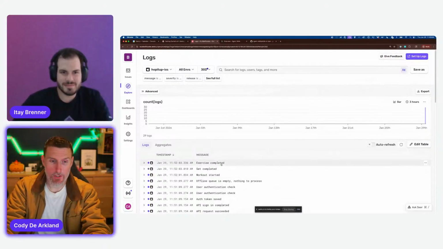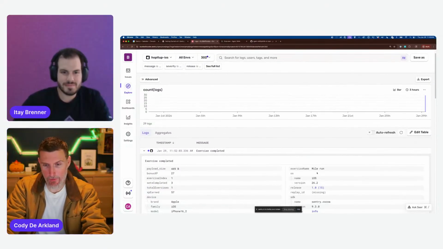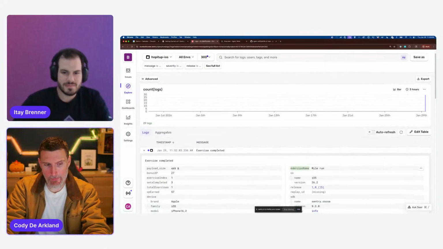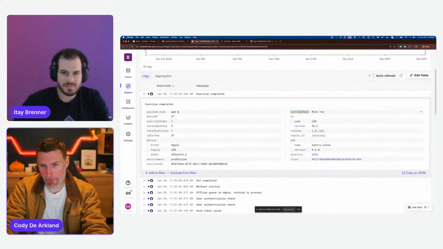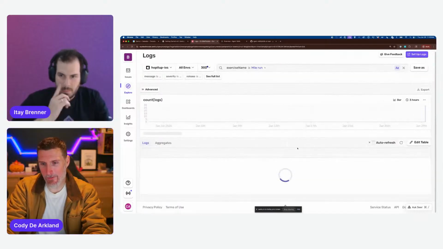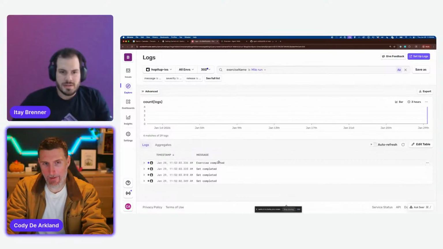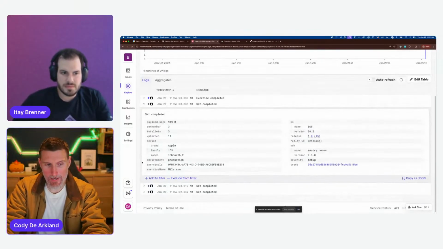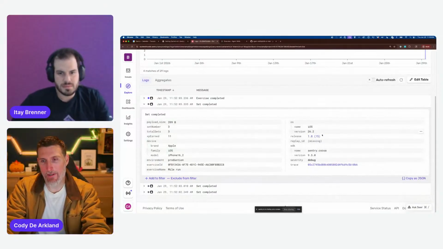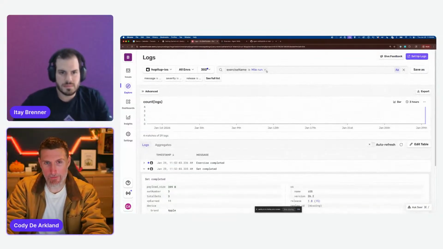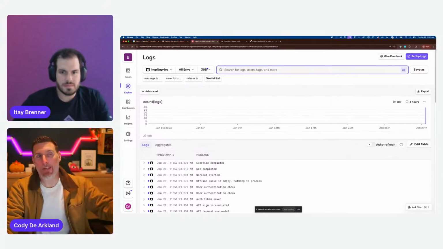And since they're structured logs, all the properties are actually searchable. So this is a structured log example. We created an exercise name in here, right? I can come in and actually add this to the filter, and so I can see all of the ones that have an exercise on them, right? So set completed, what was the exercise name on that? That shows up, right? So logs are awesome for helping understand things that are happening inside of your